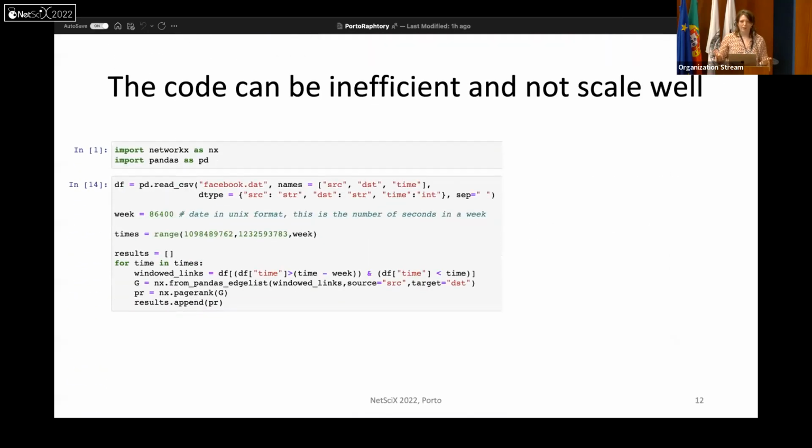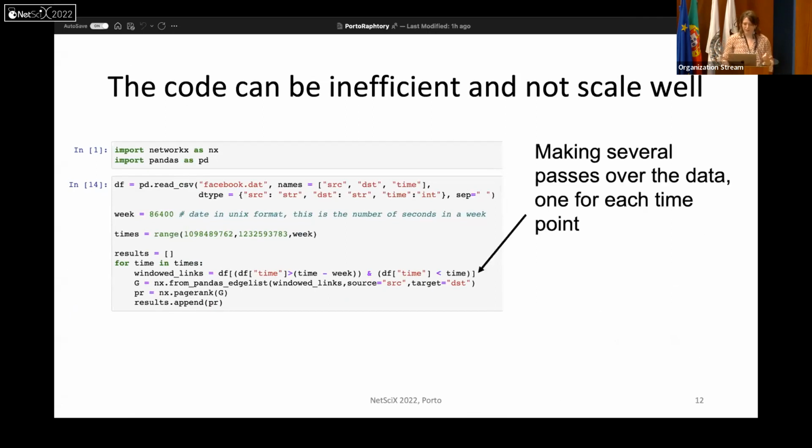And I think another thing that we found is that the code can sometimes be inefficient and hard to scale to bigger data sets. Using the same code for this, firstly, when looking at this sliding window of building the network over time, we make several passes over the data to get the interactions we're interested in, one for each time point, which is